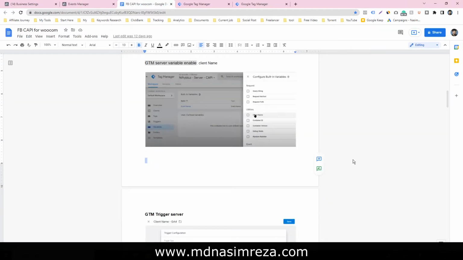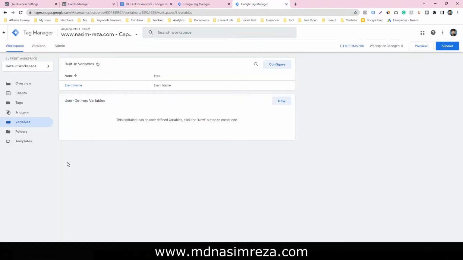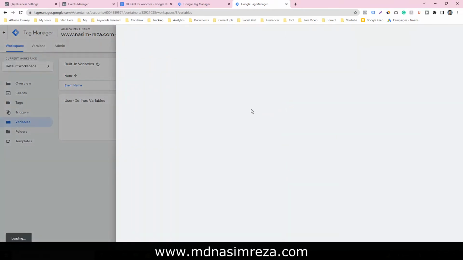Let's see how to integrate Facebook conversion API and the Google Tag Manager server container. So this is our server container, and in this case we have to enable a variable.